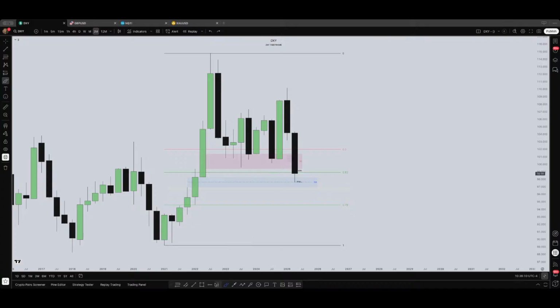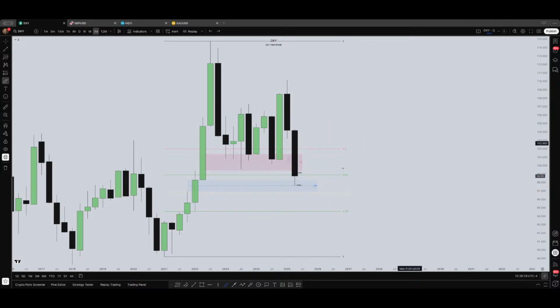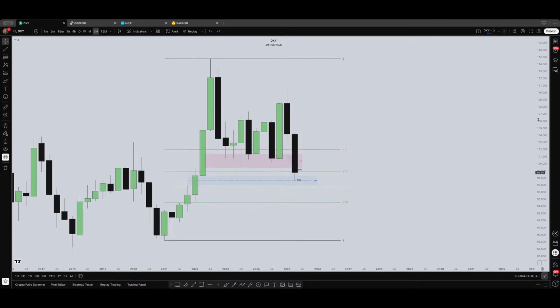So in this case we have optimal trade entry. This is discount area. So in discount area we're looking for taking longs because prices are retracing. After retrace, again retrace, you know, it's always retracing. So in this area we have this fair value gap, which is a confluence because you have the optimal trade entry and also you have the 3 months or quarterly fair value gap. So this is a thing you have in mind.